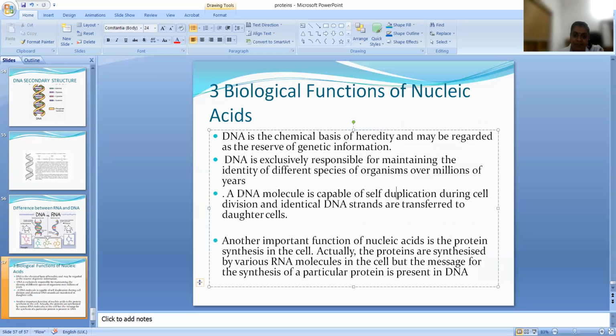What are the biological functions of nucleic acid? DNA is the chemical basis of heredity and may be regarded as the reservoir of genetic information, which all of you know. DNA is exclusively responsible for maintaining the identity of different species of organisms. The DNA molecule is capable of self-duplication during cell division, and identical DNA strands are transferred to daughter cells. Another important function of nucleic acid is protein synthesis in the cell. So these are all the biological